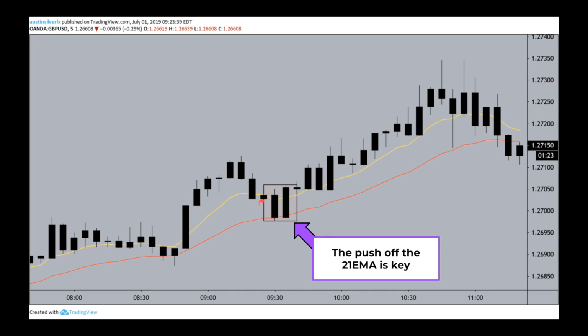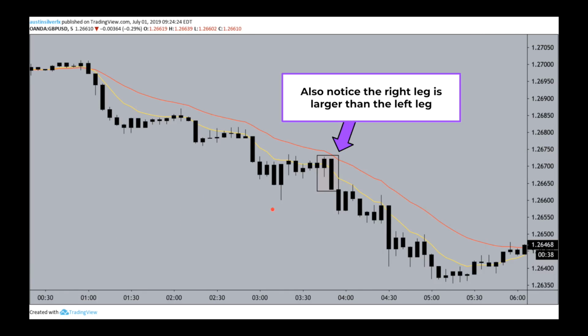So here, back to the 2 candle formation, you can see the right leg of that 2 candle formation is higher than the left leg, as I said it needed to be if we were going long. So when this candle closes here, and this is on a 5-minute chart, so at the end of this 5-minute bar, let's just say it was 9:35, that would present the potential for an entry signal for us because the right leg is higher, it comes off the 21 EMA, and it closes higher than that left leg consolidation period.